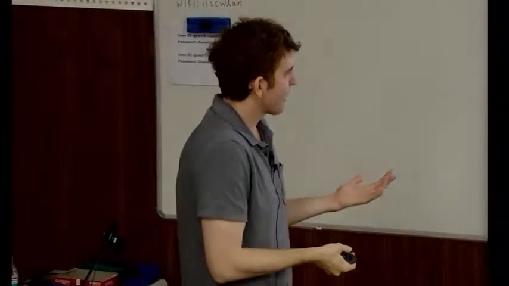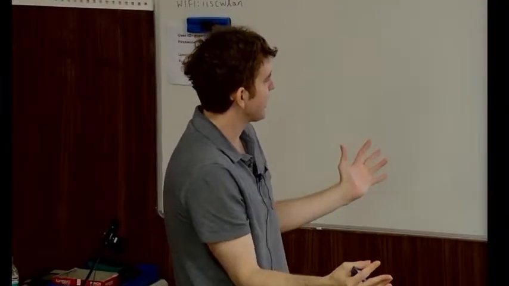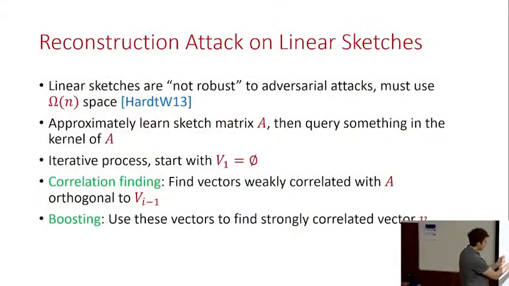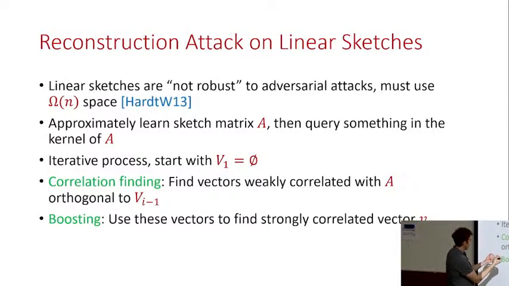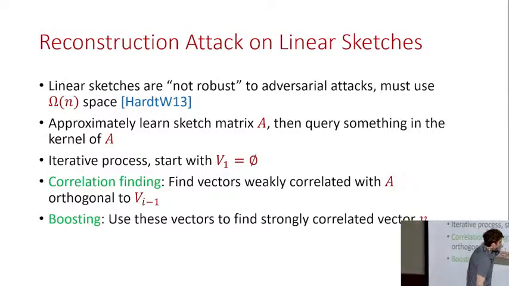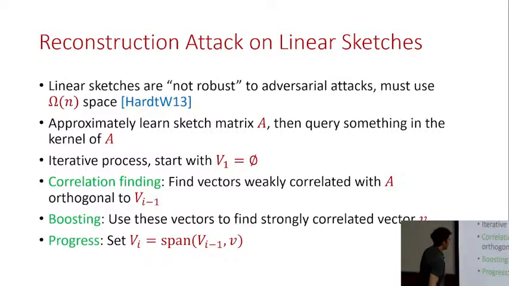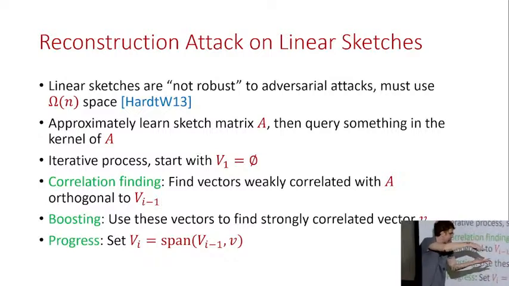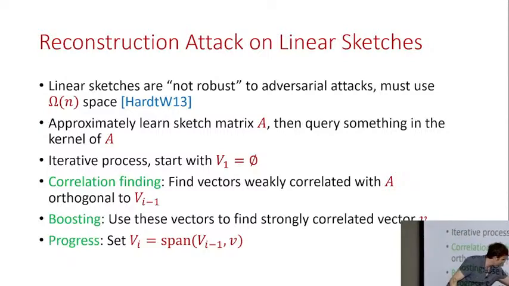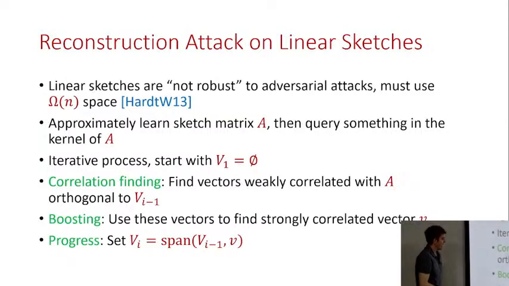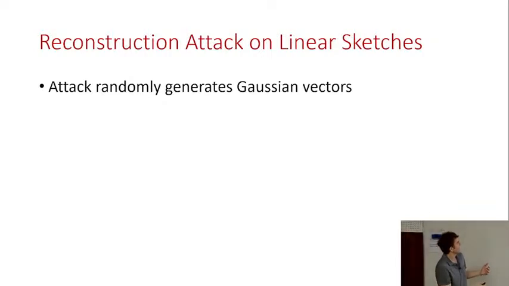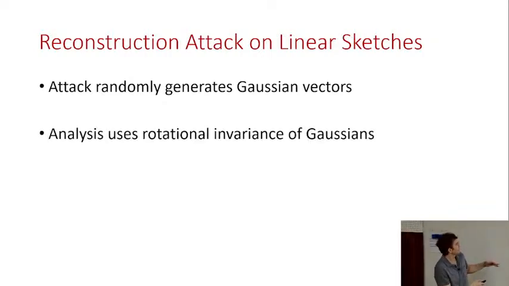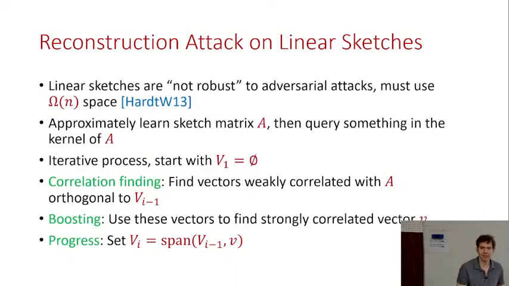And so, it makes a bunch of queries in each round, and it looks for ones that are more correlated than random, and it comes up with another vector v, and it adjoins it to the row span of A that it's learned so far. So it goes from v_{i-1} to v_i, and so it slowly does that until it learns the row span of A very well.